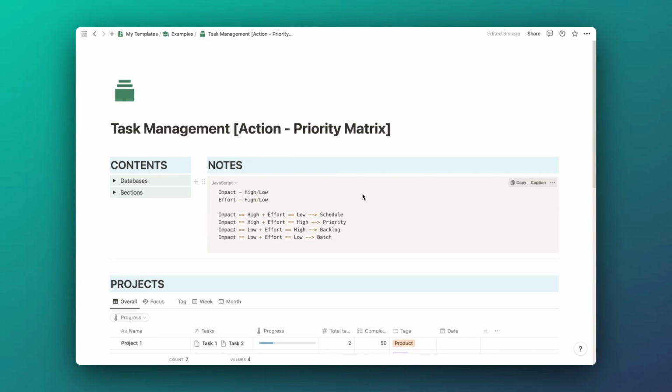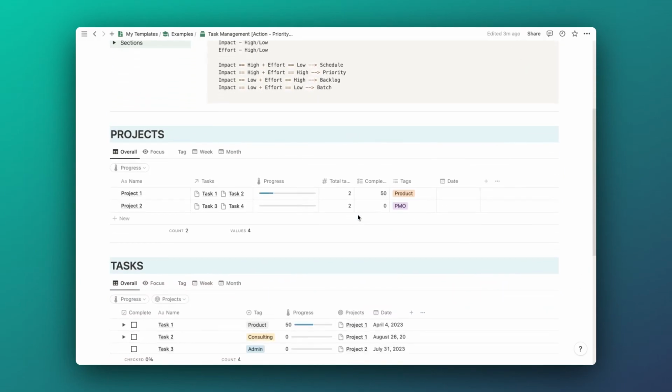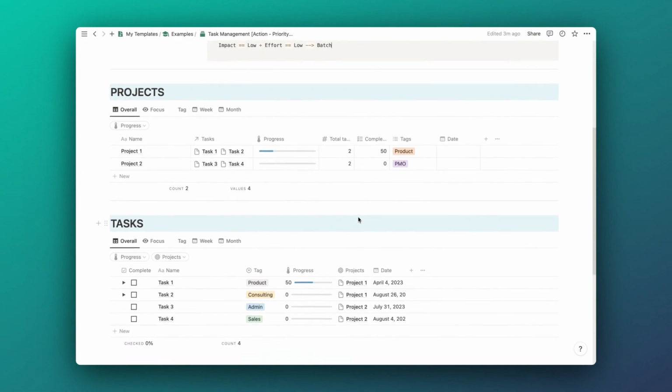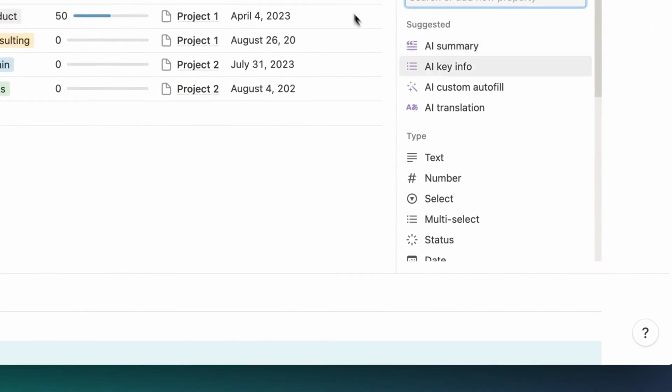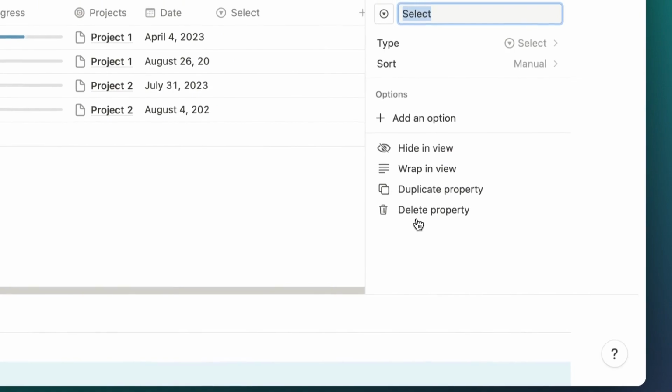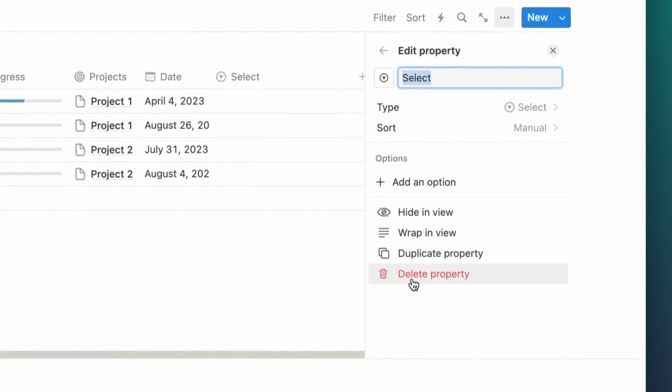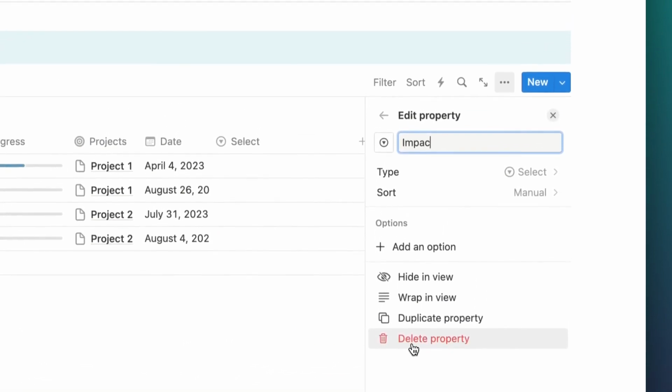Okay, so how do we make this matrix? So to start with, we have a simple project manager with some projects here and associated tasks, which we can view in a bit more detail down here in the tasks section. So firstly, we want to add a select property, and we'll call it impact,